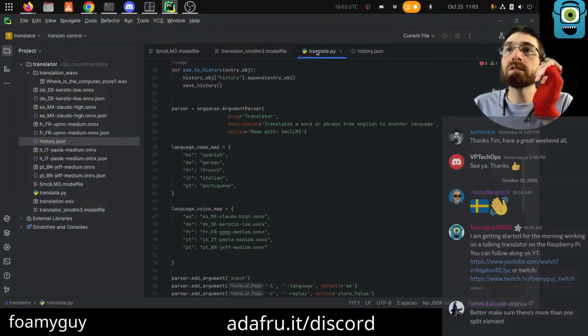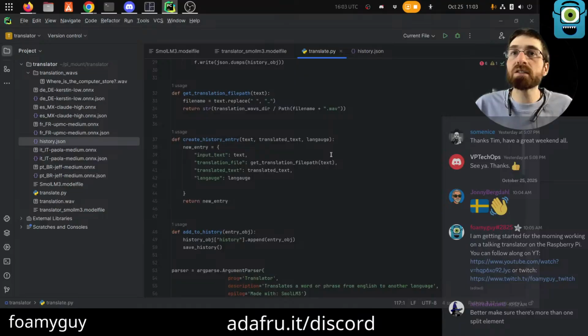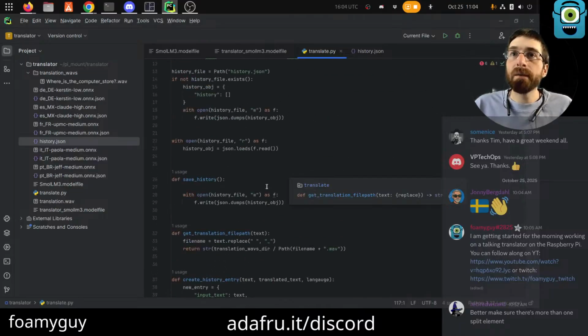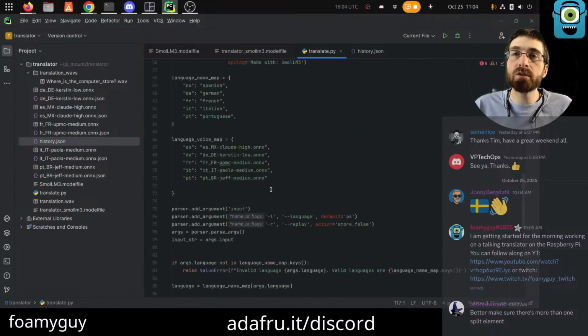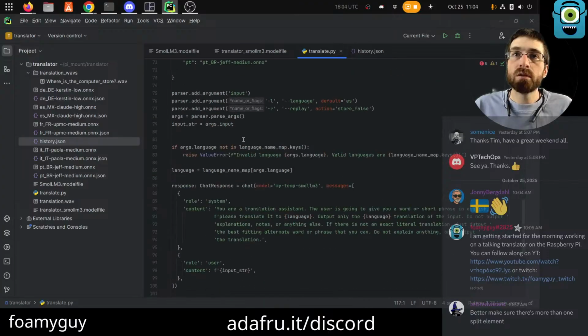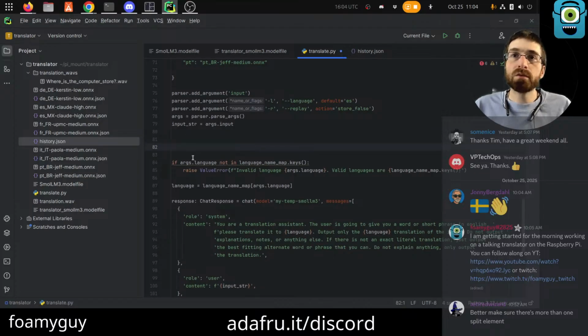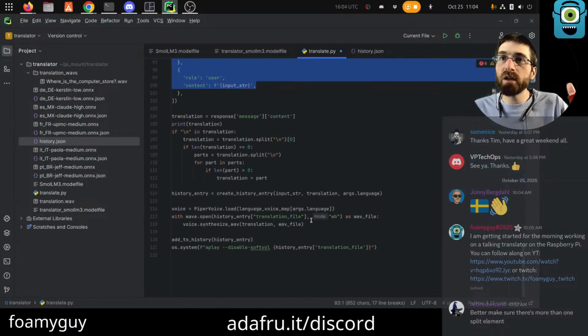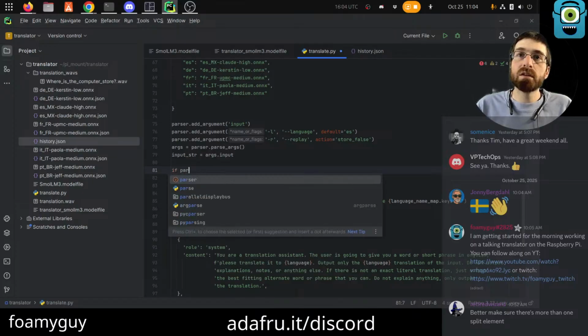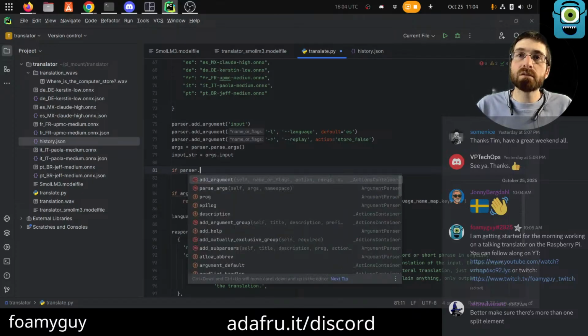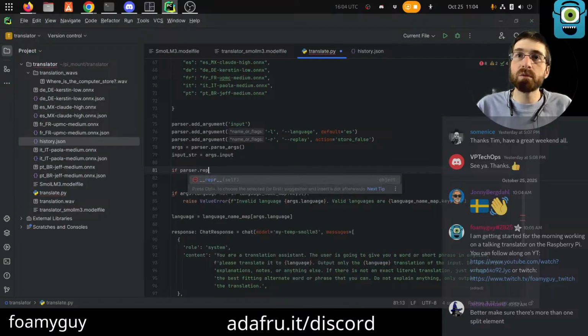And what I would like to do, so I guess let's implement replay first. And then we'll do the next thing I want to do. So if replay was true, we are not going to bother doing any LLM. We're not going to bother doing any text-to-speech. We're not going to do any of that stuff. We're just going to say if parser access these. Okay, so that's by name, so that'll be replay. If that's true, if it's replay, then what we're going to do is